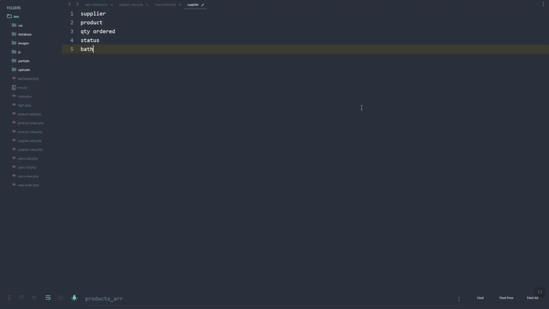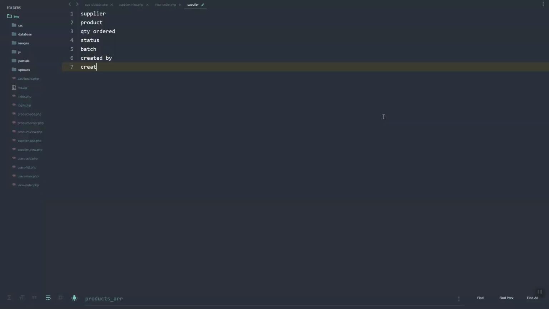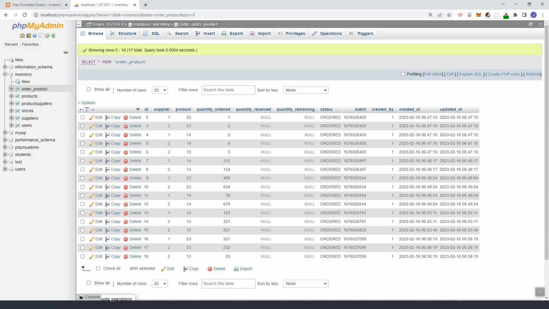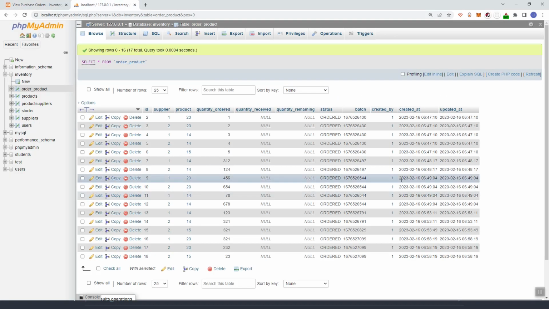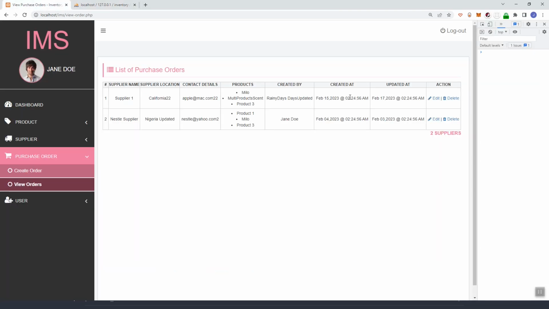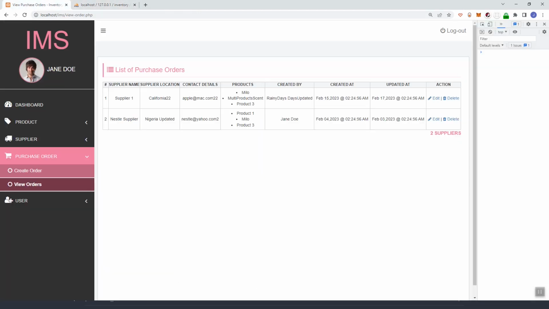So we'll have batch status, batch created by, then created at. So of course we'll need to show it or group the data by batch. So group one will be one batch, group two will be the second batch, and then here